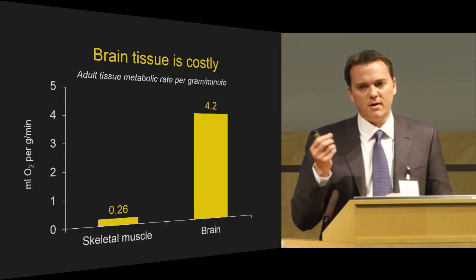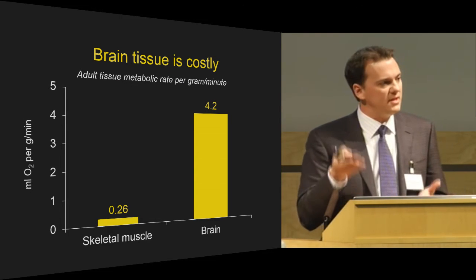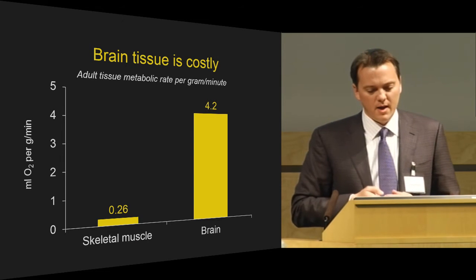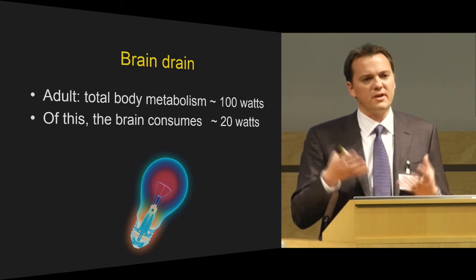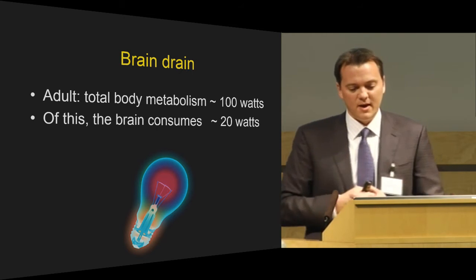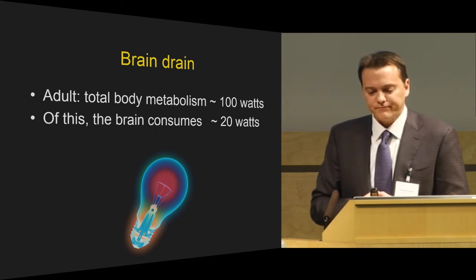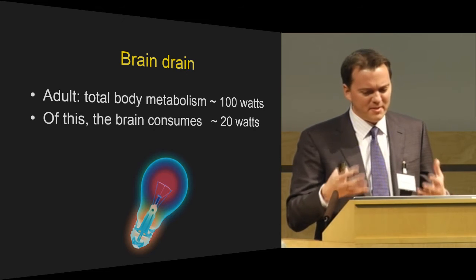So if you compare a gram of muscle tissue in the adult to a gram of brain, it's about 15 times more costly, right? And so all of you are sitting here at rest, and your bodies are giving off energy at about the rate of 100 watts. So you're heating up the room at that rate. 20 of those watts is your brain, and that may seem kind of dim, it's not particularly bright, but it's